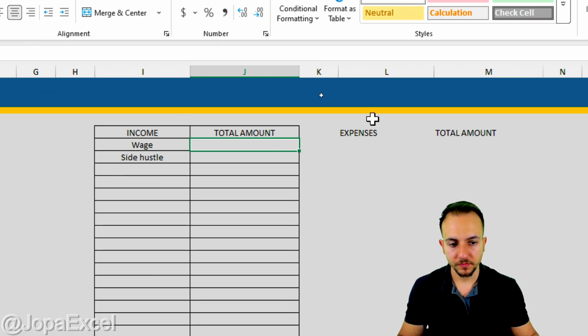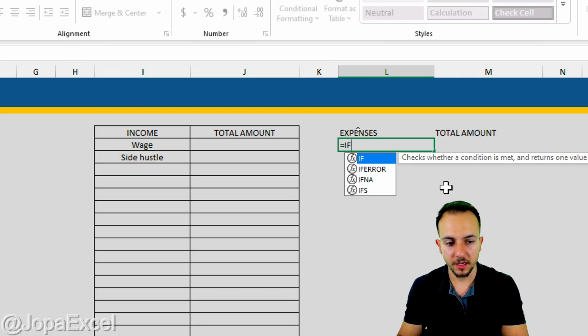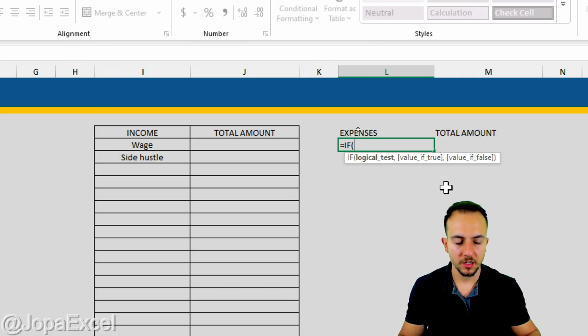Let's make sure we do the same process to expenses. So equal sign, if, open parentheses. I'm going to do just a little bit different this time. However, the process can be the same. Equal sign if